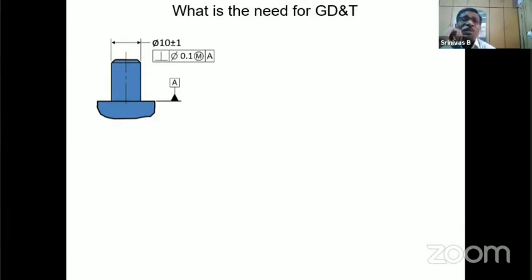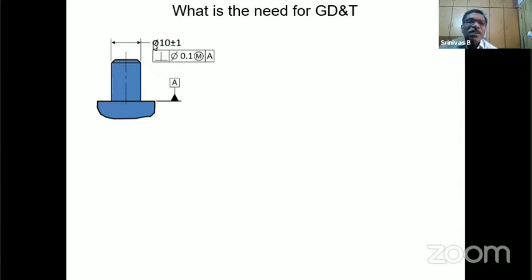And I would ask you, can the pin axis be tilted or not? It can be tilted. You cannot produce it perfectly perpendicular to datum A. That is the reason why we have given a tolerance there. What is the tolerance? Perpendicularity we have given. What is the perpendicularity? It is dia 0.1. Just for your understanding, I would read this callout. Please bear with me to understand how to read a particular geometric callout.